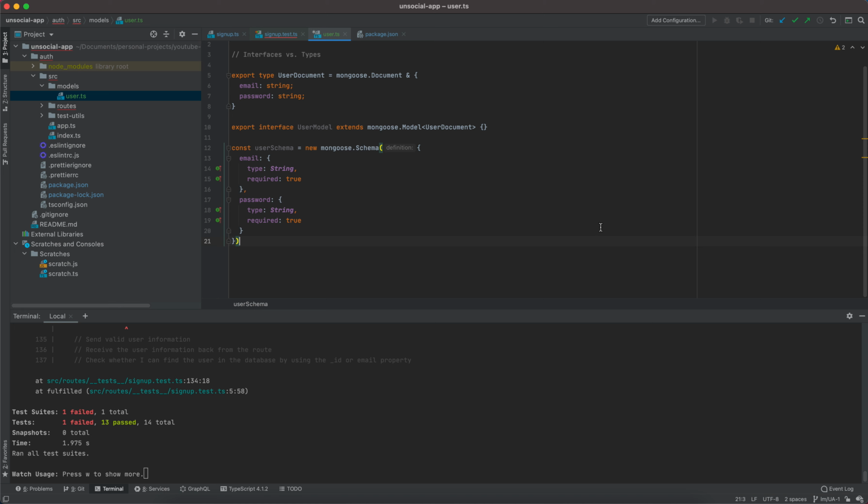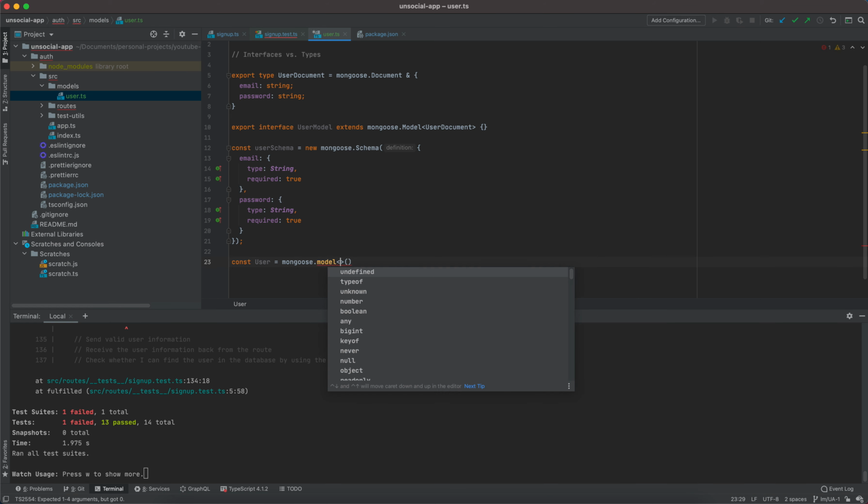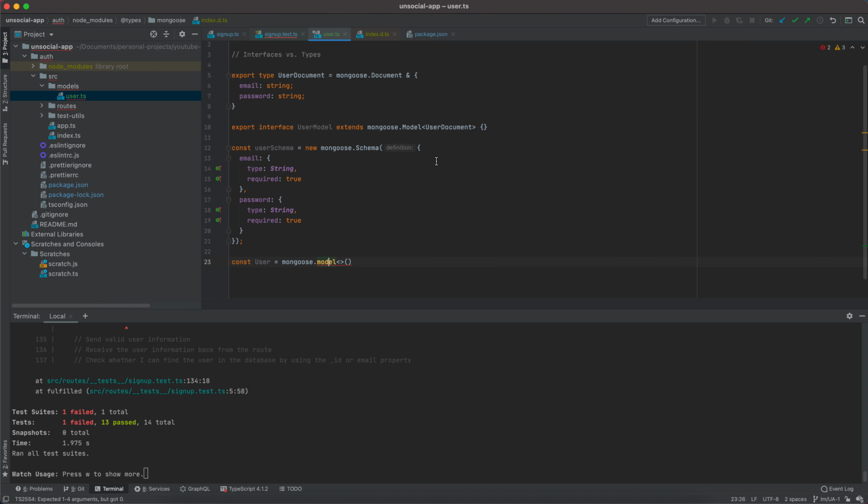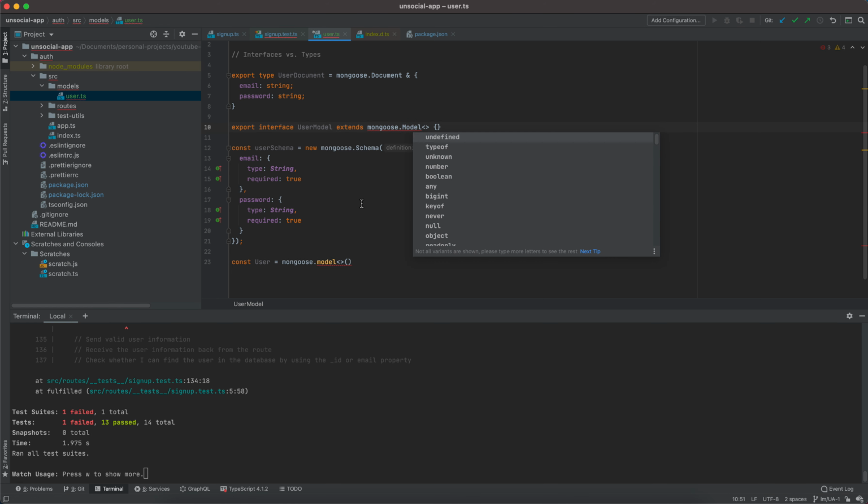So now what I want to do is simply export, right? I want to create a model and export this model. So I will create my model here. It's going to be mongoose.model, and this model receives, I think, a document and the model. So if I just click here, exactly, yeah. I have T extends document, and U, which is my second generic, extends a model that has to extend the generic T, right? So if I have simply user model mongoose.model, and here I pass, let's say, unknown,